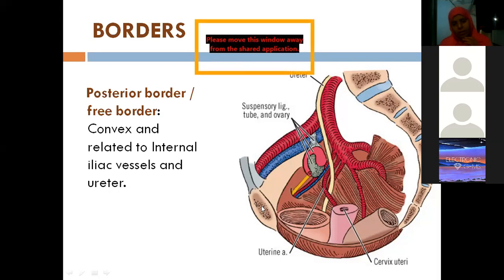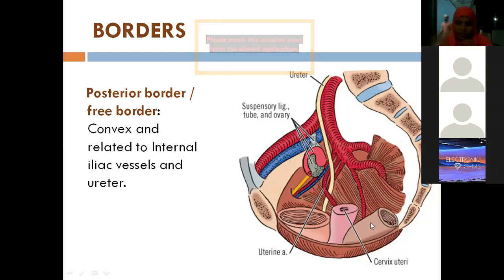Pubic symphysis. Very good. Behind the pubic symphysis? Urinary bladder. Excellent. What is this, beta? Uterus. Excellent. The continuation of the uterus is cut at the level of the cervix. What is this behind? Rectum and anal canal. Excellent. Very good. What is this hammock-like structure which is giving support?